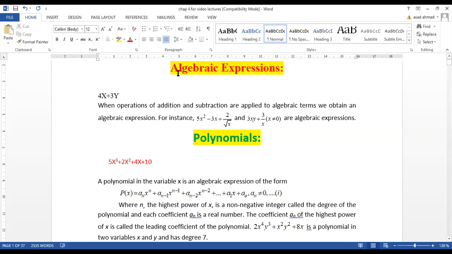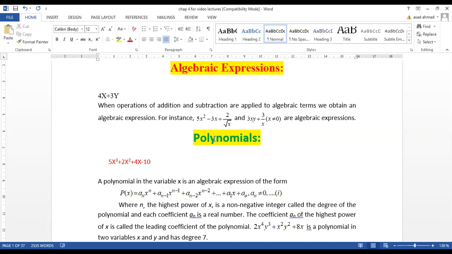By definition, you can see that above I have just explained what an algebraic expression is, in which the constants and the variables are connected together with operators of addition and subtraction. If you want, you can make it a negative. So please understand it carefully that we are talking about polynomials. The word poly stands for many and nomial stands for terms. So polynomial stands for an expression which will contain a lot of terms.